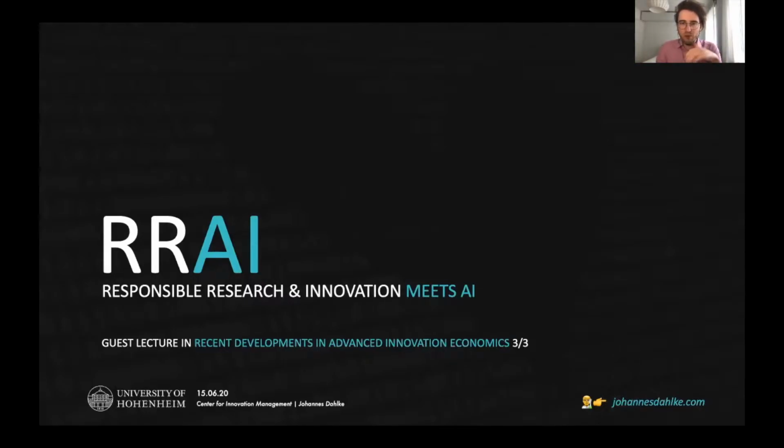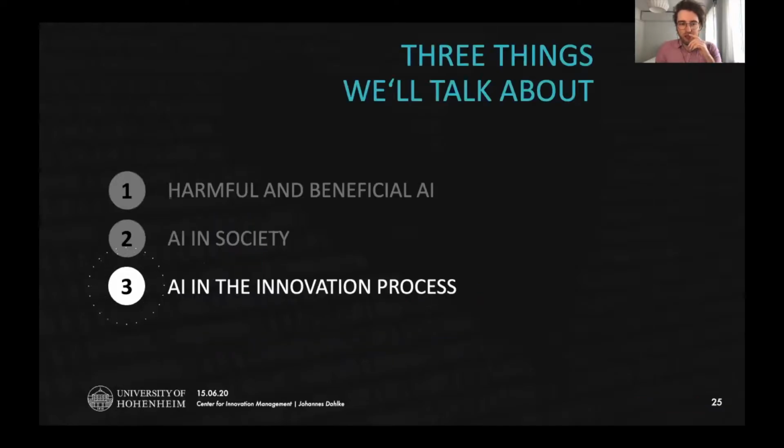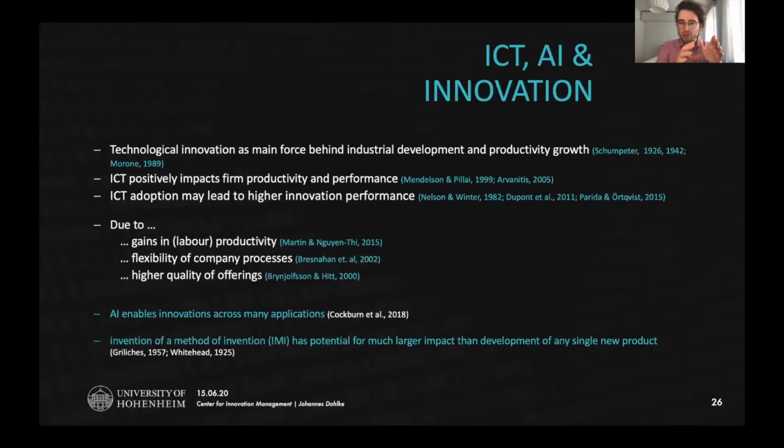What I would like to do in this final third part in this guest lecture series is take up the latter perspective and look at the role of AI as a tool transforming the innovation process itself. And I feel like this perspective is crucial in understanding the transformative power that AI has for our society, not only in the short term, but also long term. The way I would like to start this is by looking at some theory and then afterwards quickly showing you some cool examples, all right?